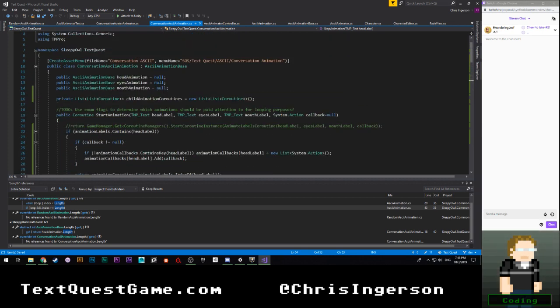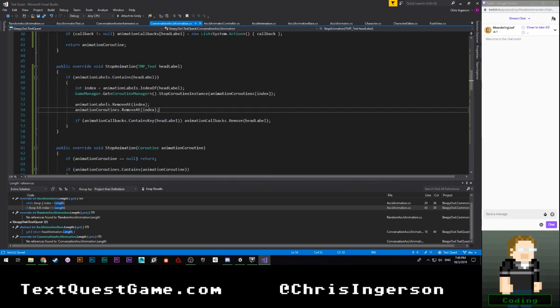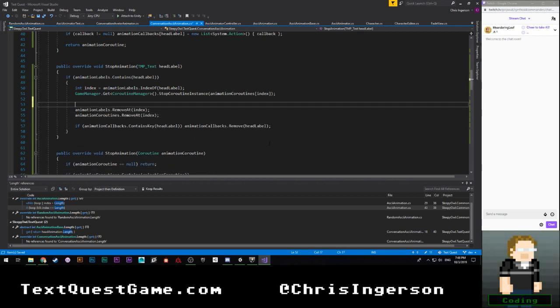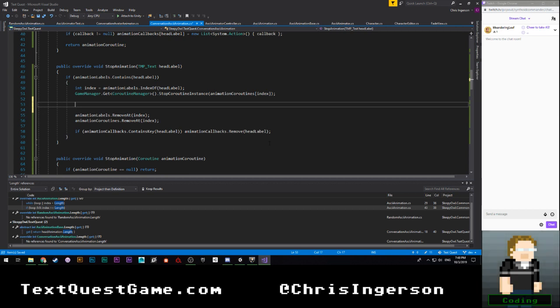Now we need to do the same for our child animation coroutines. So we need to do this. Before we get rid of these, we're going to say, okay, so we already have the index. So I'm going to say for int i equals 0, i is less than child animation coroutines of index, I believe, dot count, i plus plus.